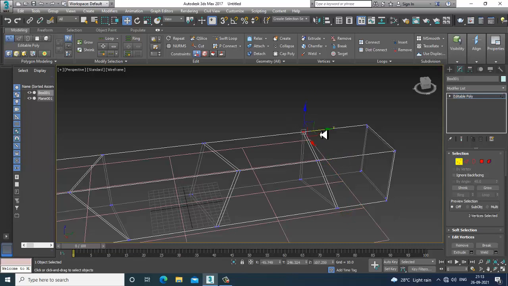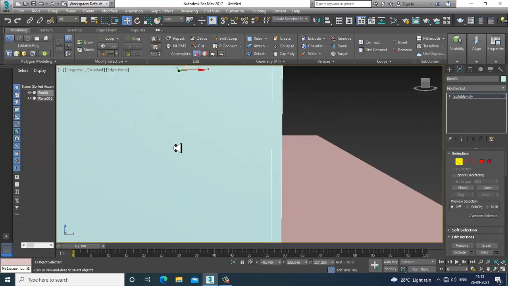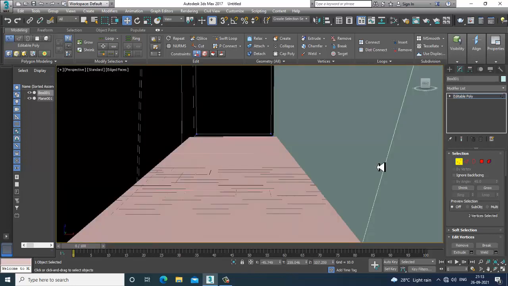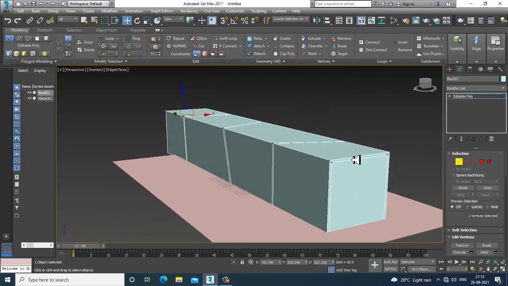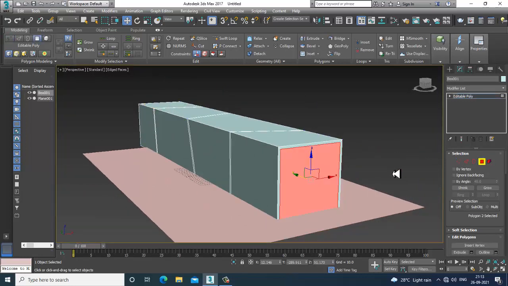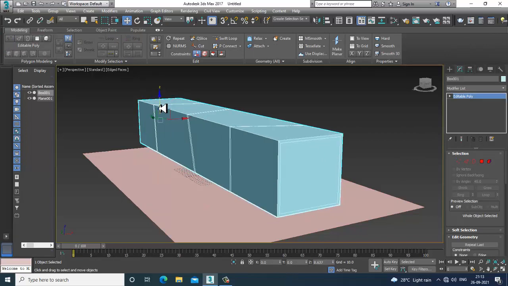Alright. So if I zoom in inside, you can see how it looks. And if you want to hide any of the elements, I can definitely do that also. That can be done.